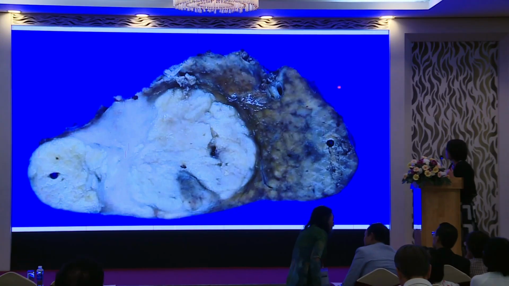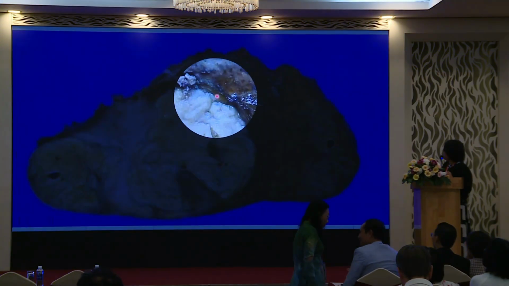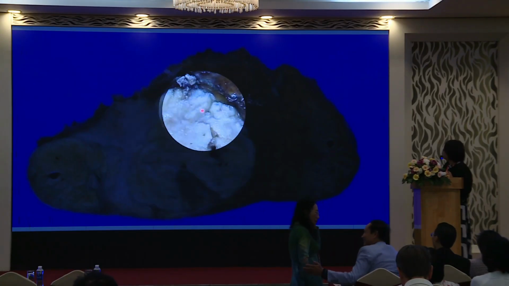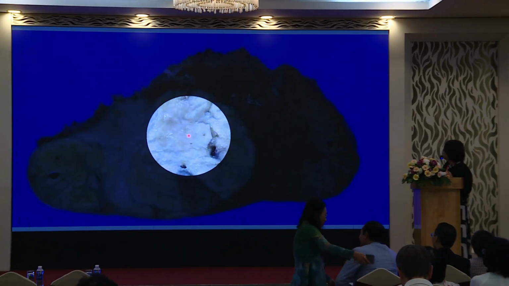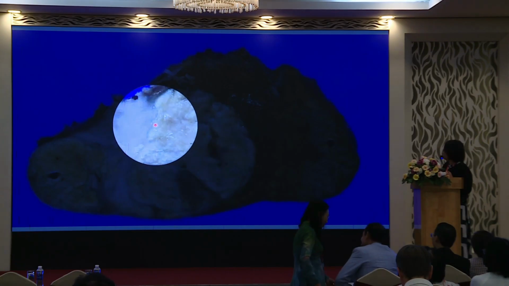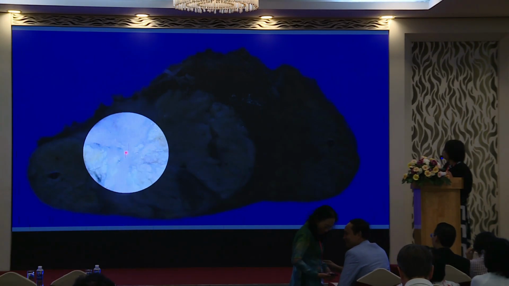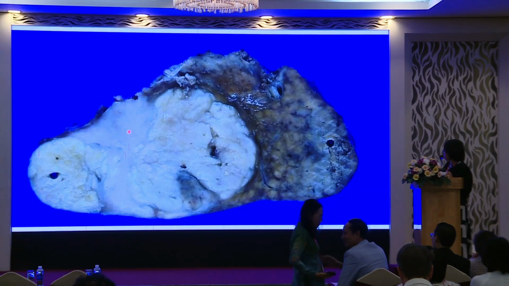When you look at the macroscopic aspect of combined HCC and CCA, you can see different colors. Here you see a more grayish, yellowish color corresponding to HCC areas, but in the middle you see the whitish fibrotic area corresponding to the adenocarcinoma areas.